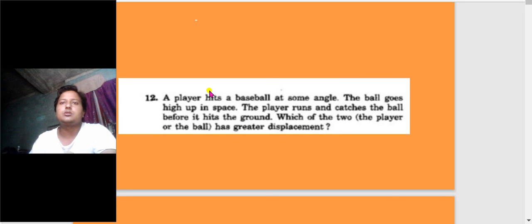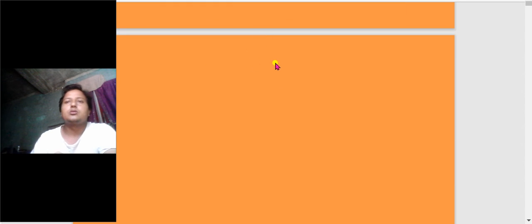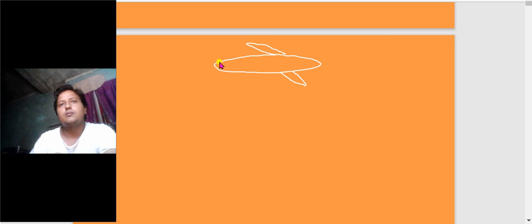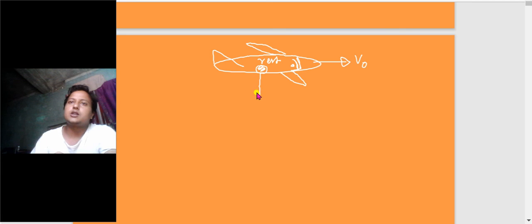The question is, there is a plane moving with a speed v0 and there is a body inside the plane. With respect to the plane observer, this is at rest, and as acceleration is acting downward, so after releasing